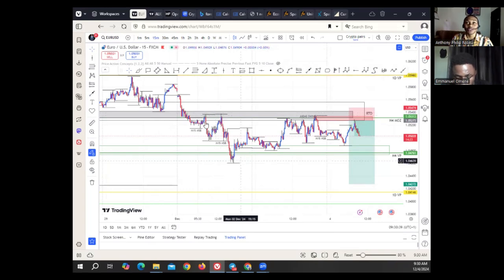Made good profit from just this one sell. I've just been aiming for sales this week. It's not just sales, because I know what I see on the higher time frame. And this was my sell from yesterday after the news,